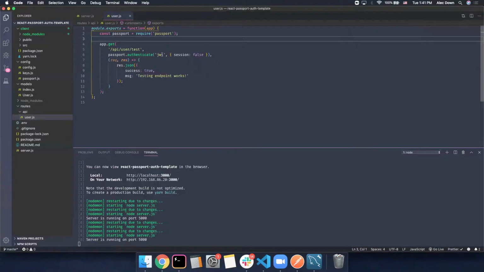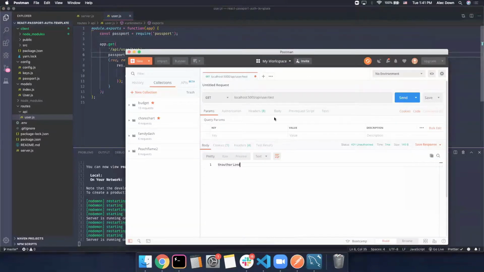It's a type of special token that you can use with applications to authenticate a route. We haven't done anything with that here. So it looked for the token, it didn't find the token, and so it sent back that this route was unauthorized. So now what we want to do is actually set up users and allow them to log in and